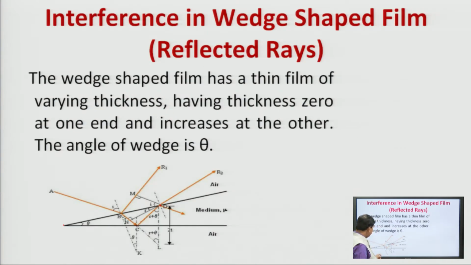See this figure. This angle of incidence is I, so this angle will be I. This is 90 degrees, so this angle will be 90 minus I. So, this will be I, because the total sum of the angles must be 180. In this triangle, this is the angle of refraction R, the rest of the angle is 90 minus R, this is 90, so this angle will be R.